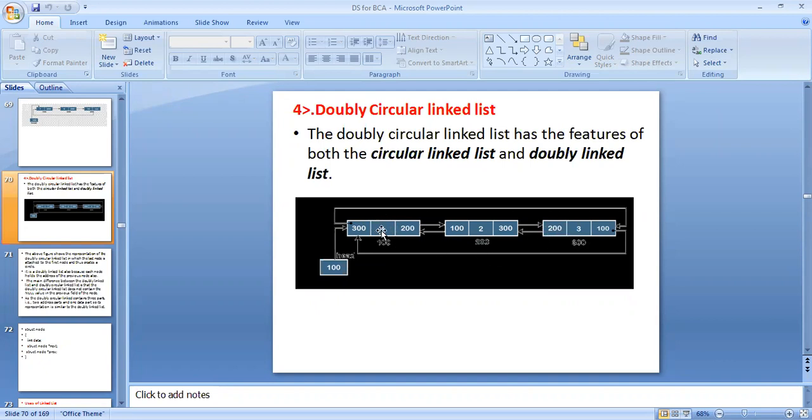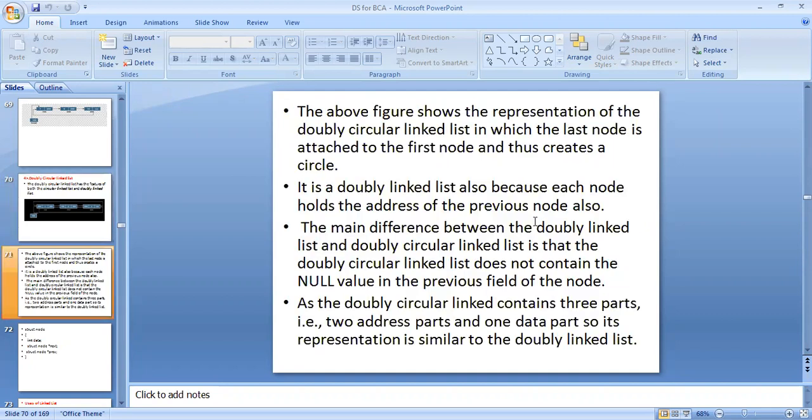Then 1 is the value of the node, then 2 and 3. After that, 200 is the address of the next node, 300 is the address of the next node, and here 100 is the address of the next node. So this is the diagrammatic representation of the doubly circular linked list.